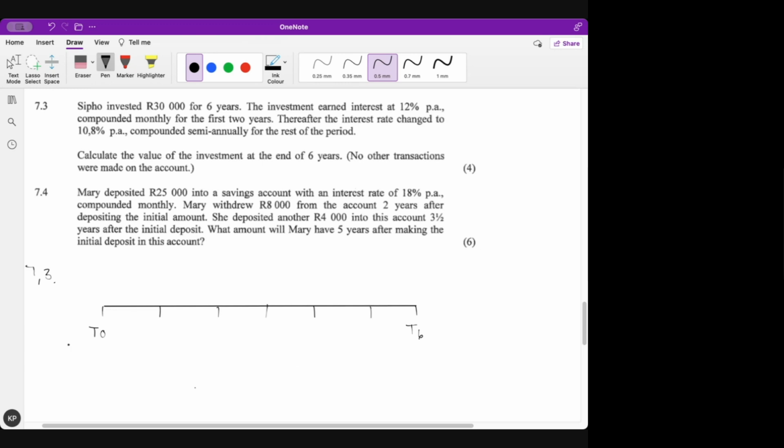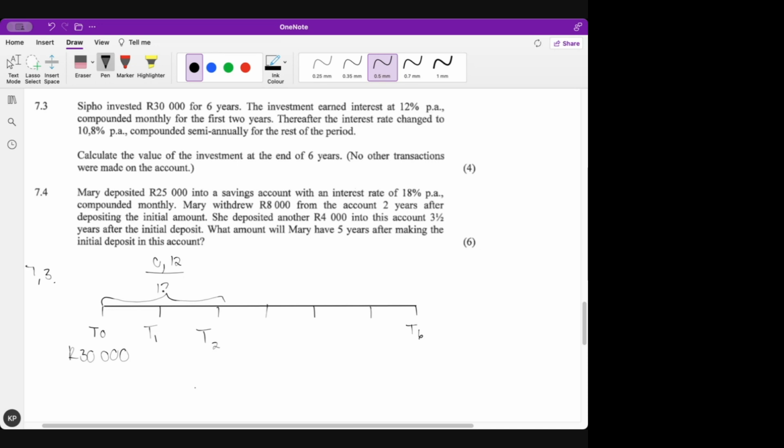Okay. So this would be 30,000 rands. And then they said for the first 2 years, so T1 and T2, over this time period, the interest rate was 12%. Compounded